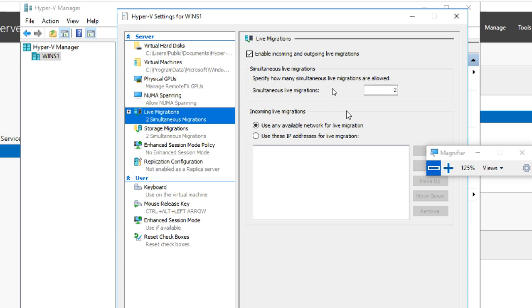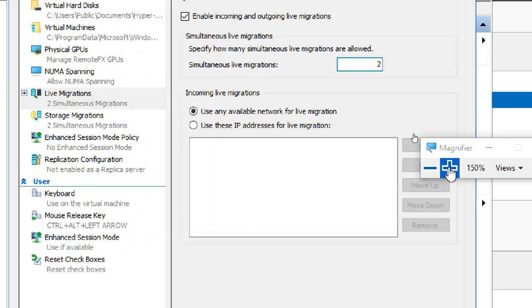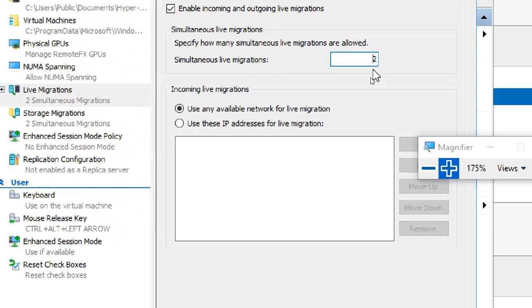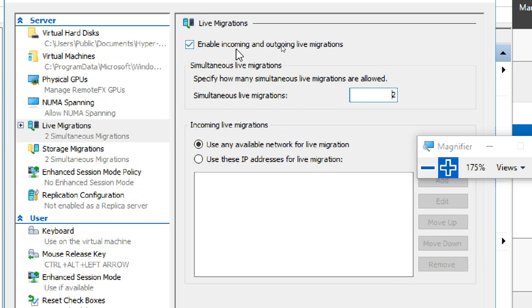This is live migration. By default, two live migrations you can do at a time, to any network or to a specific IP address to which you want to migrate. Enable both incoming and outgoing combined.